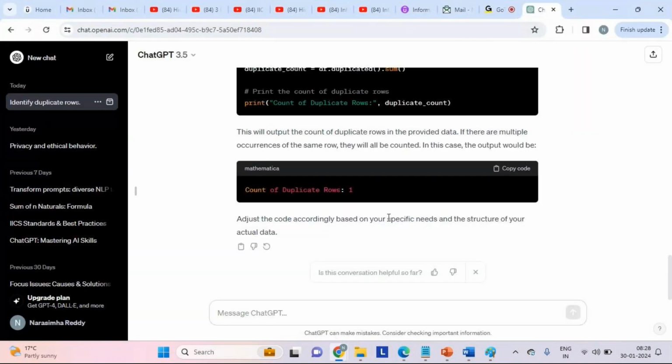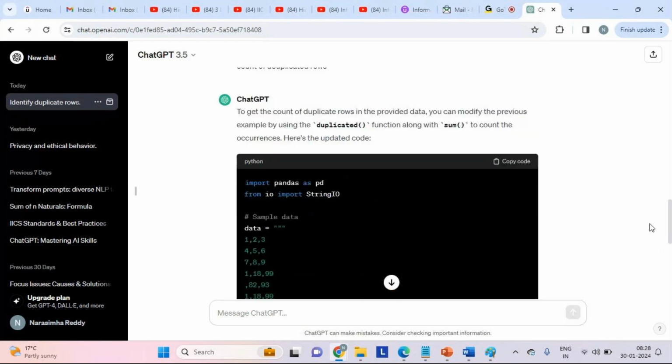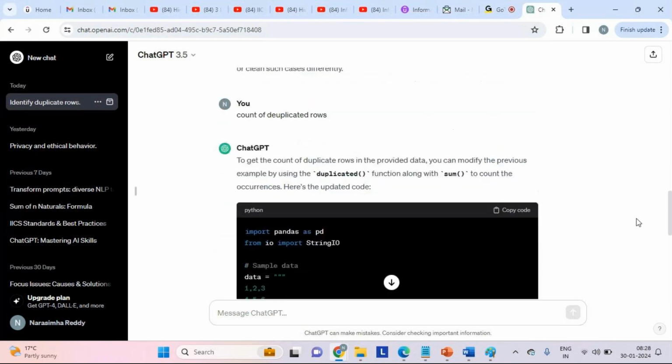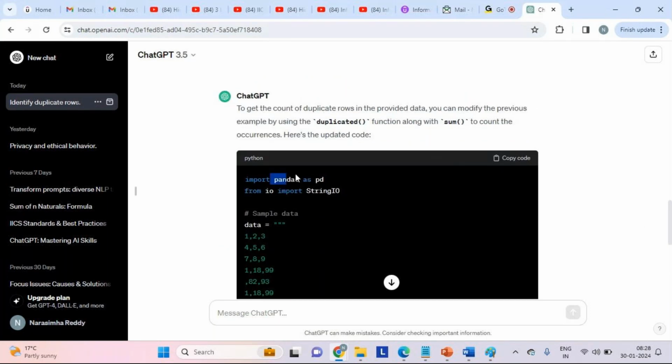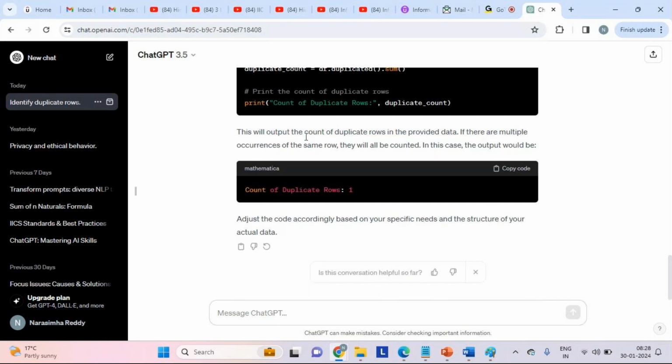And after this, that's one of the issues, right? Identify duplicate rows. Once you identify, then we can take a call: okay, we have one issue, which is a duplicate data issue. Then how to identify such duplicate records? See, it is writing code based on the pandas module within the Python programming language. But we don't care which language it uses. What is the end result? Can we get duplicate rows, whatever issue we look for?